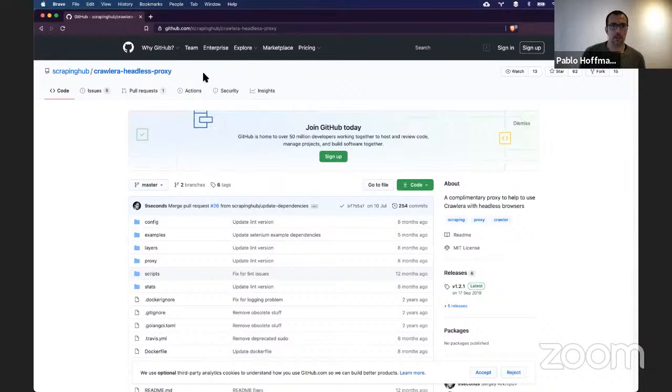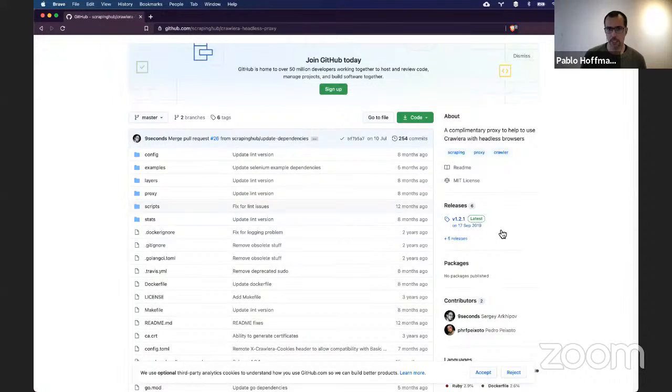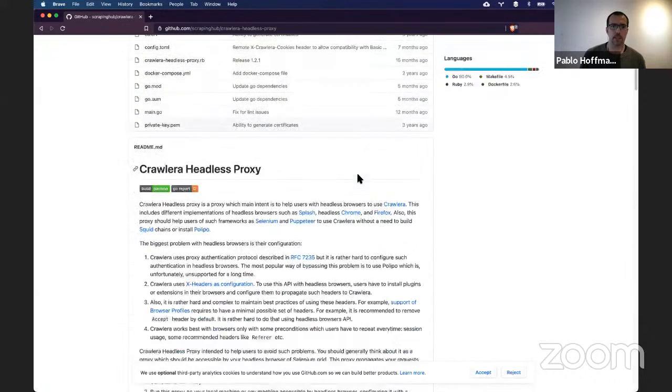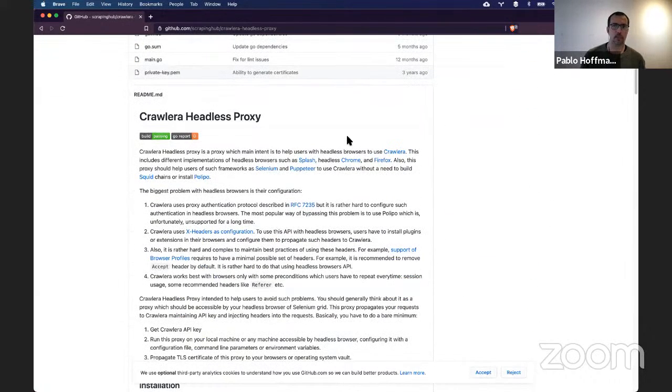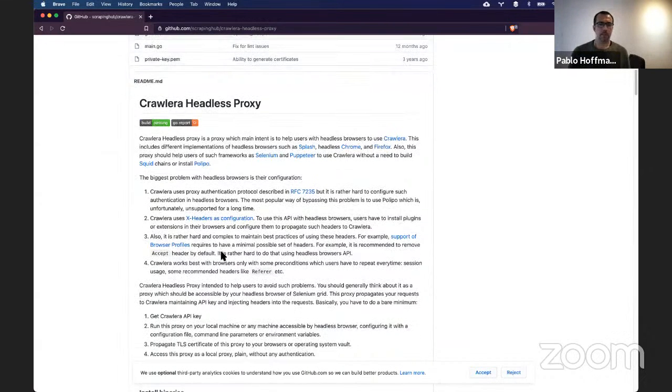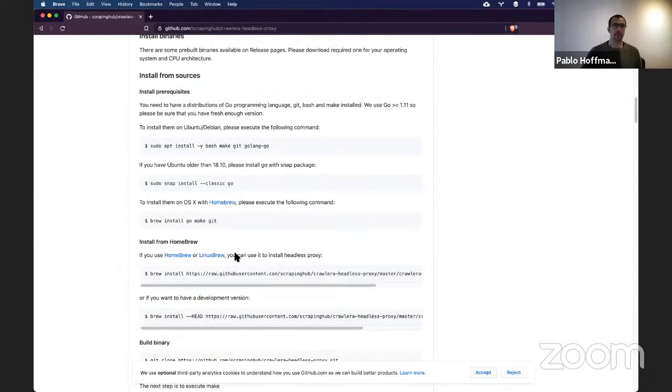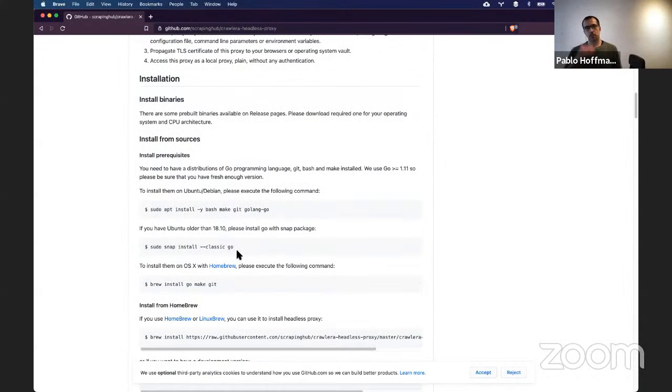Here you have Crawlera Headless Proxy. It is an open source project hosted in the Scraping Hub GitHub company. And this is the piece of software that allows you to use headless browsers properly with Crawlera. Now, in order to understand what this tool does, we need to go back